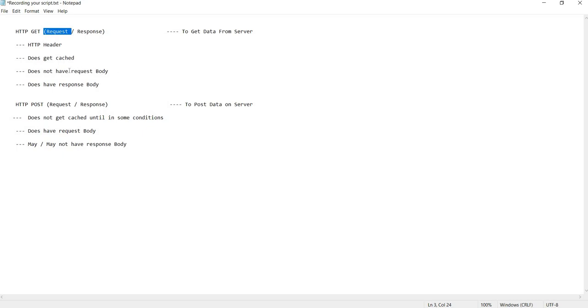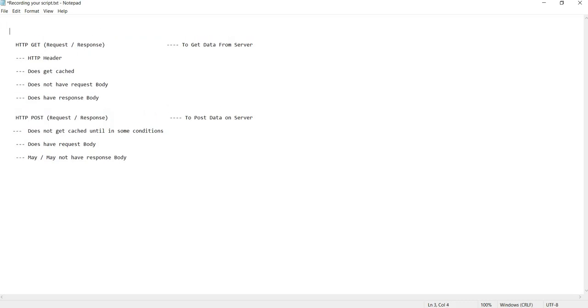Then the request does not have the body, but the response has the body, because when you get the response back from the server, it needs to give you the entire page, and it is big, so it gives it to you in a body. So every communication which happens between client and server, whether request or response, can have two parts, which are header and body. So the request can have header and body, and the response can have header and body.